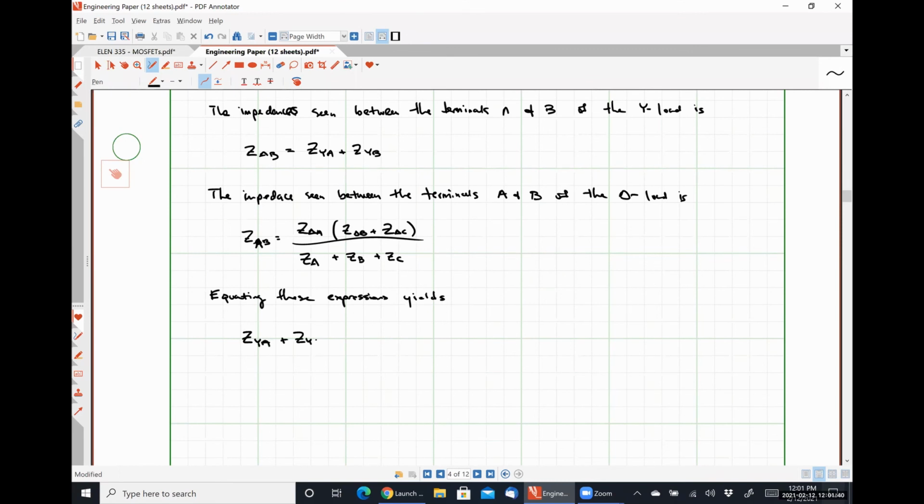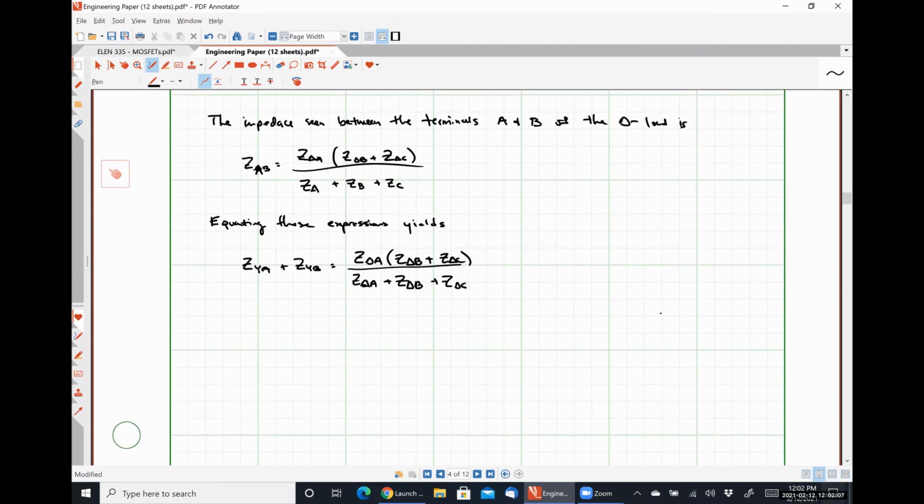ZYA plus ZYB is equal to Z delta A, Z delta B plus Z delta C divided by Z delta A plus Z delta B plus Z delta C. And if I were to repeat this process for the other terminal pairs, I would get ZYB plus ZYC is equal to Z delta B, Z delta A plus Z delta C over Z delta A plus Z delta B plus Z delta C,